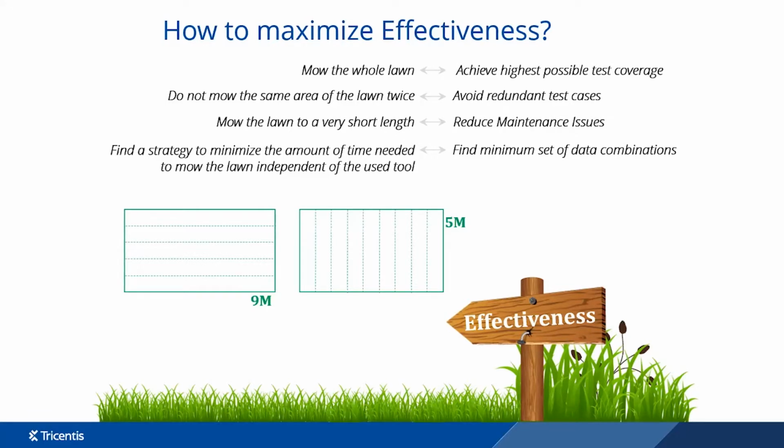So let's look at this quick example. If you were to mow the lawn, which way do you think would be more effective, horizontally or vertically? We can look at this in a different way. If you look at the number of turns you have to do with your lawn mower, you can see on the left it takes 4 turns, and on the right there's double the amount. Let's say, for example, it took 2 seconds for each turn,